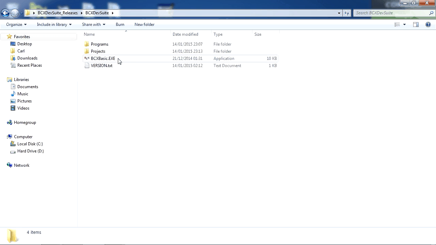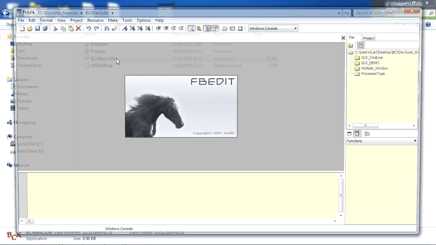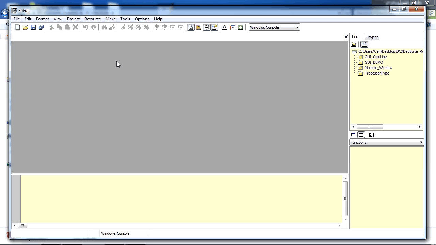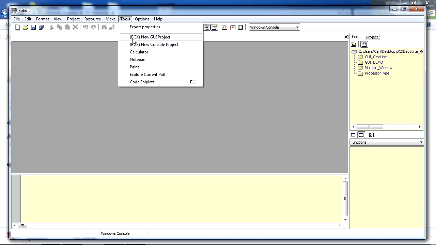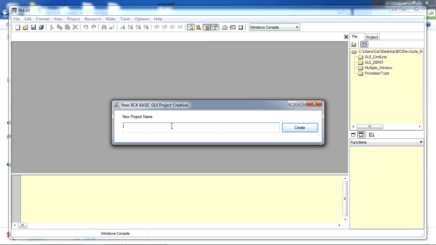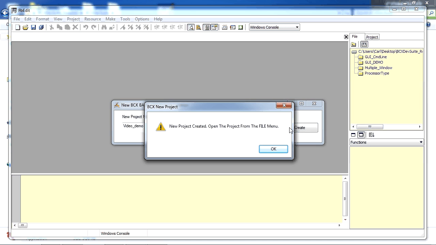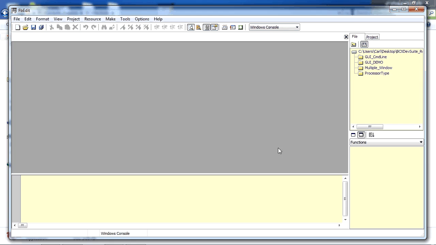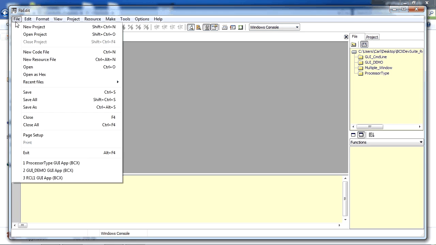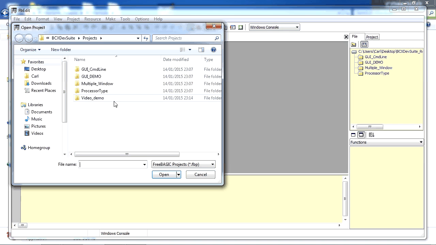We start BCXDevSuite by clicking on BCX Basic. It runs FBEdit to create a new GUI project. We select it from the Tools menu. We'll call this Video Demo. Click on Create. That creates the project and it copies in some startup files. We'll now open that project,